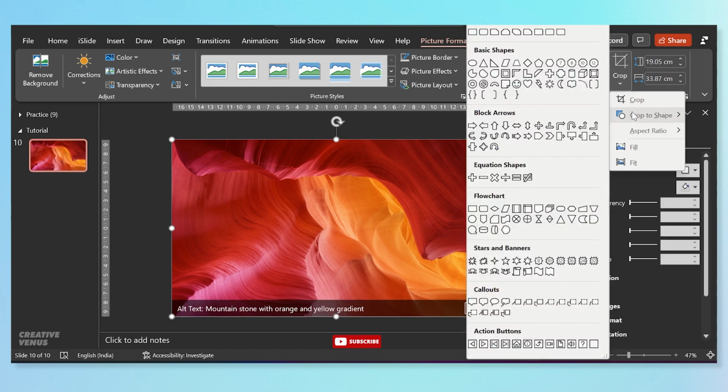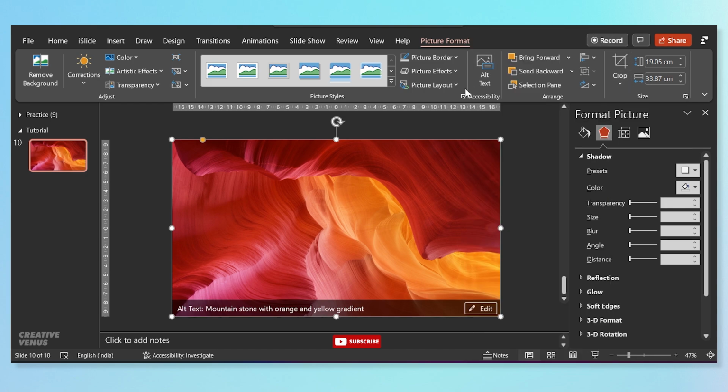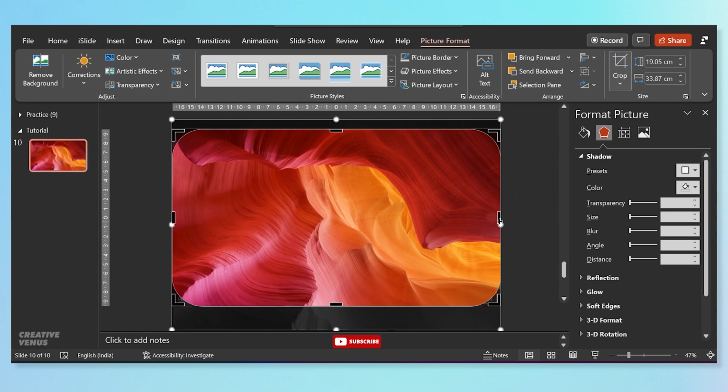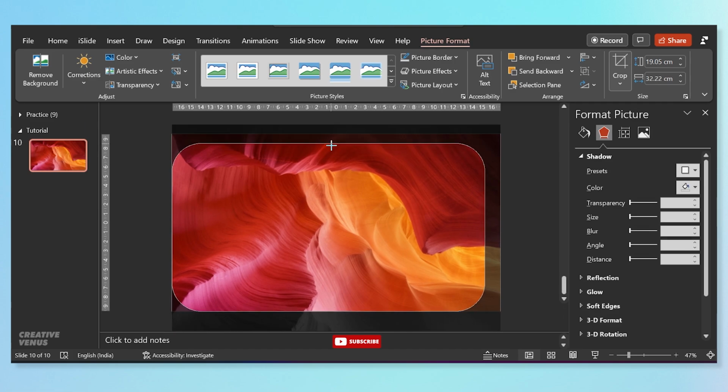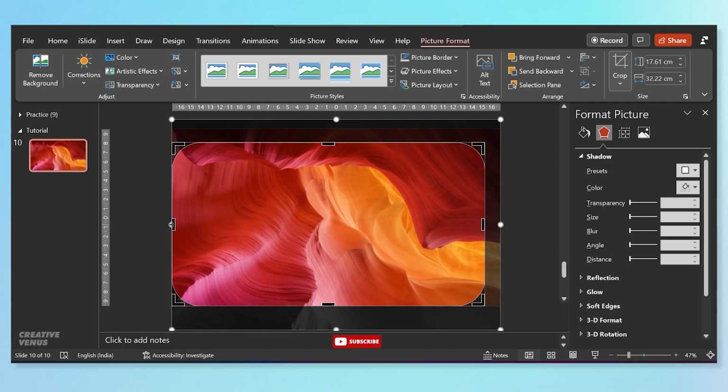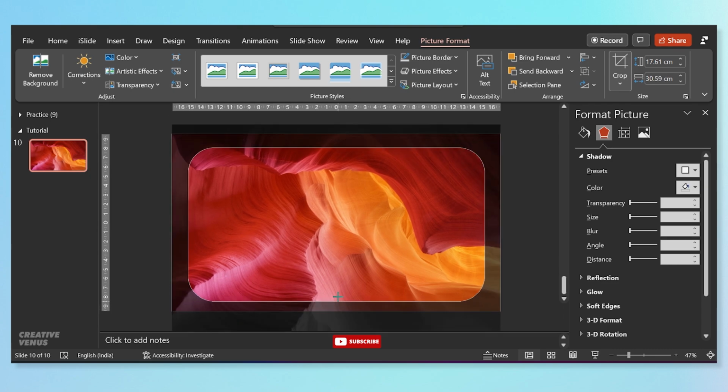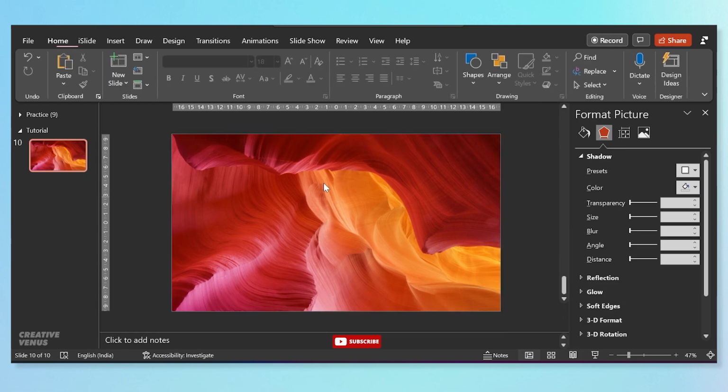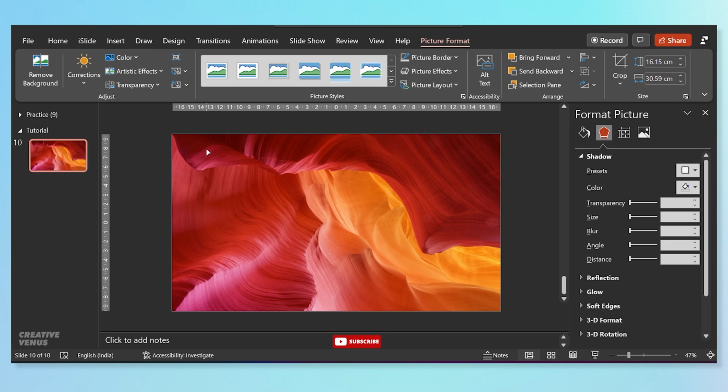and crop to shape and use this rounded rectangle and then click on crop. So now you need to adjust the height and width so that it fits inside the slide and you have some space left around this rounded rectangle, and you can move this yellow point to the left so that the